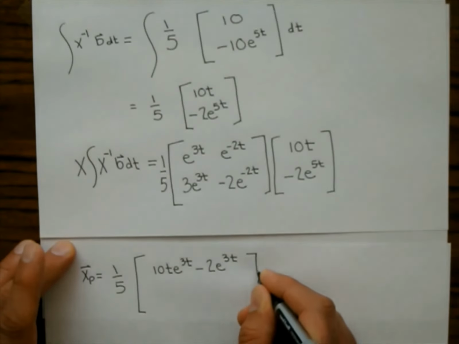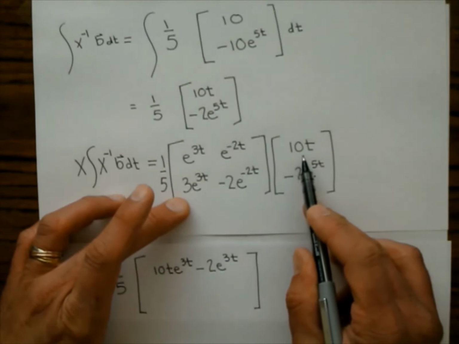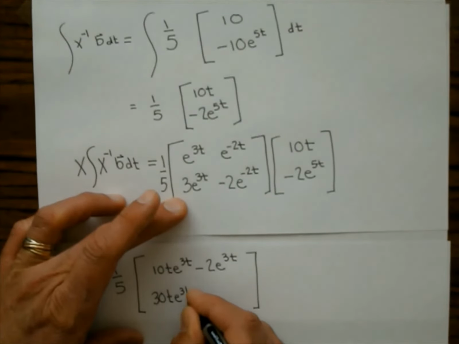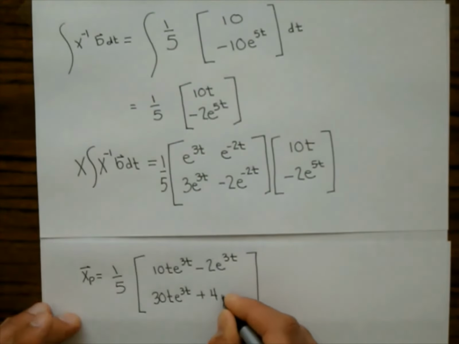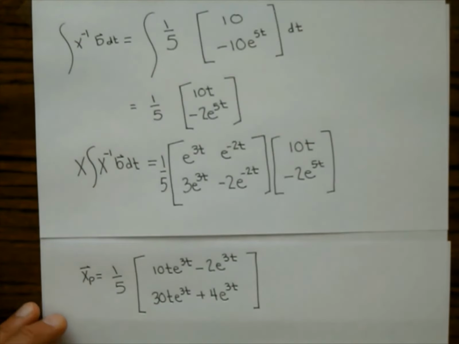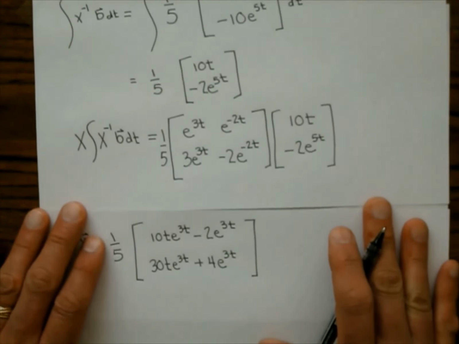So that's the entry on the top. And then down here I'm going to get 30t e to the 3t plus 4e to the 3t. Okay, so my final answer then, and it's actually going to be a general solution so far, is